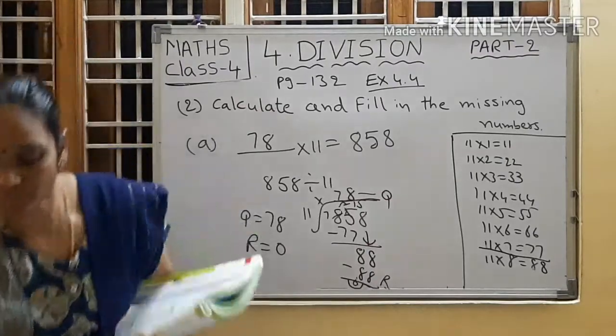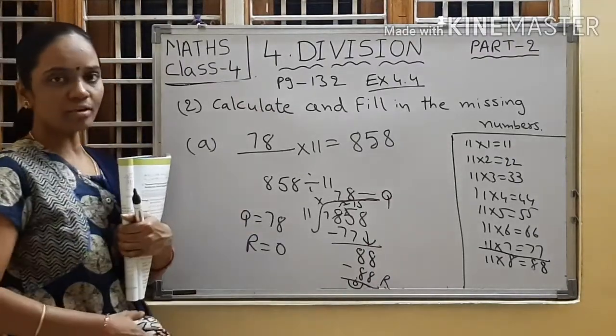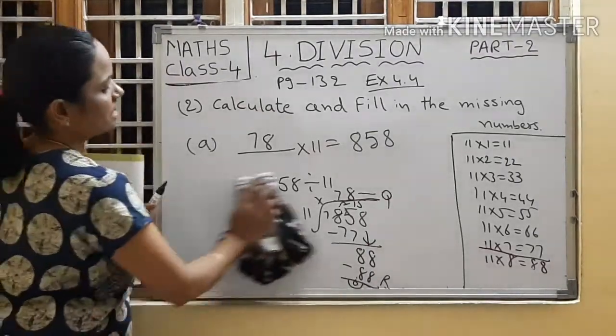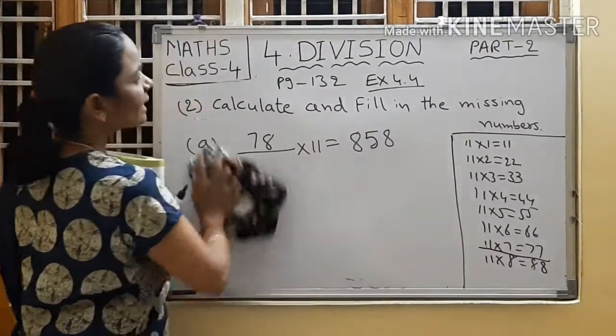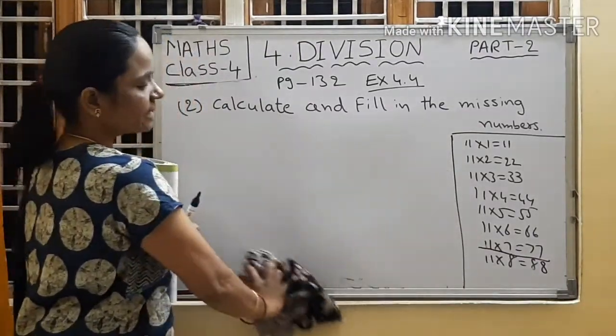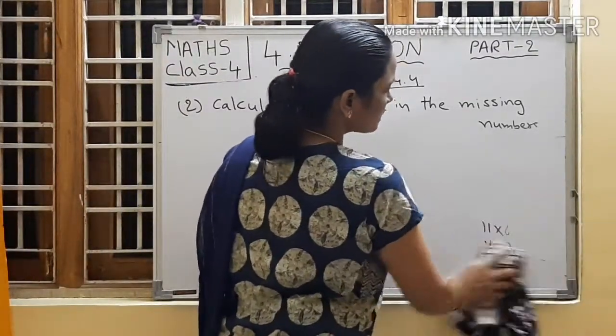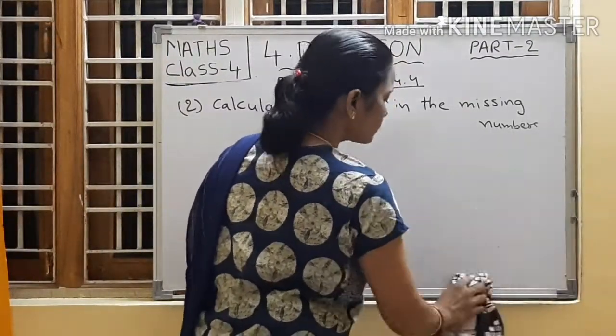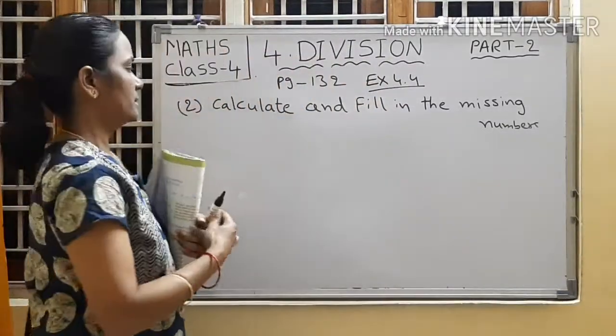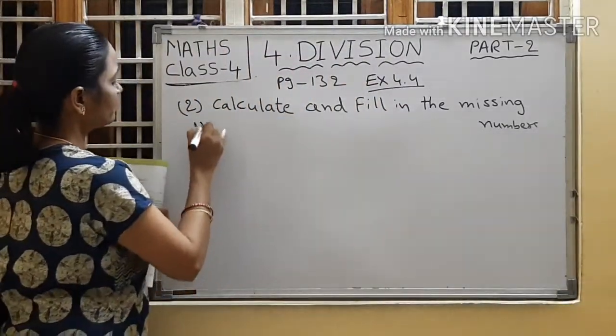Next, from your textbook, D bit I am doing. Remaining bits you have to do in your classwork, children. Okay, for each model I am explaining 2. Remaining you have to do in the classwork. You have so many problems, children. Please practice them. Better do in the classwork. Yes, next D bit I am doing.